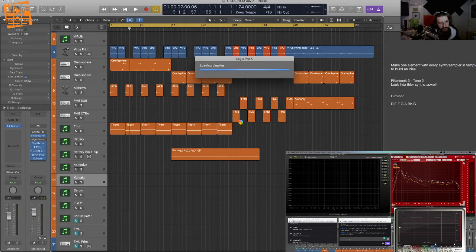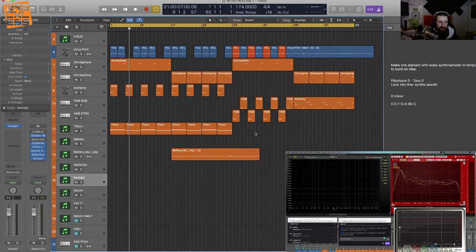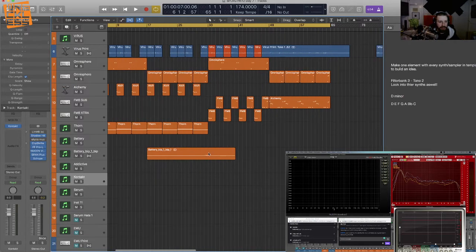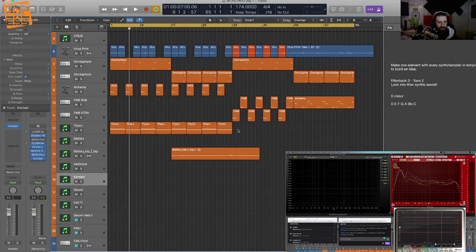Now I'm just trying to think about, I've sort of filled all the space in the arrangement. So this does bar 1, that does bar 2, that does bar 3, 4, 1, 2, 3, 4. Then the pad is filling the gaps in between those, and then this develops. So I've got to be really careful about space now. And this might have to come in when this goes out. So as this comes in,